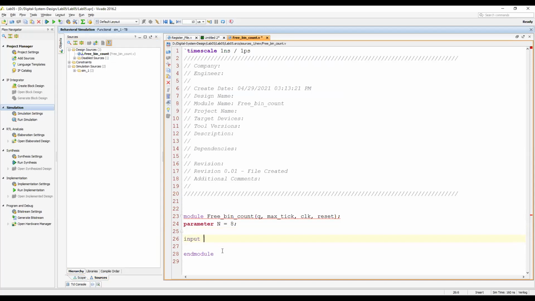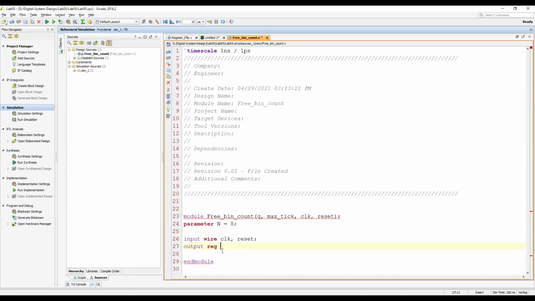So input wire clock, comma, reset, and output. If we are doing it in the always block, it will be reg.